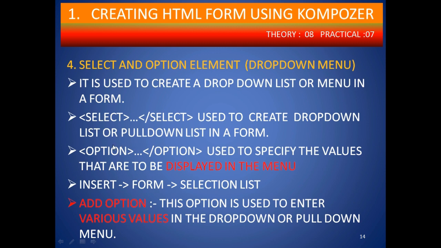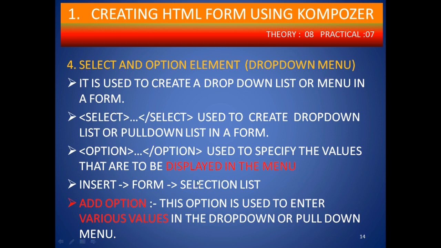Inside select, we have to use the option tag to specify the values that are to be displayed in the menu. Here is one example. Suppose you want to create a city list in a drop down menu. In select, you mention the name city, and the options are Vapi, Daman, Silvassa, Surat, Ahmedabad. Like that you have to make